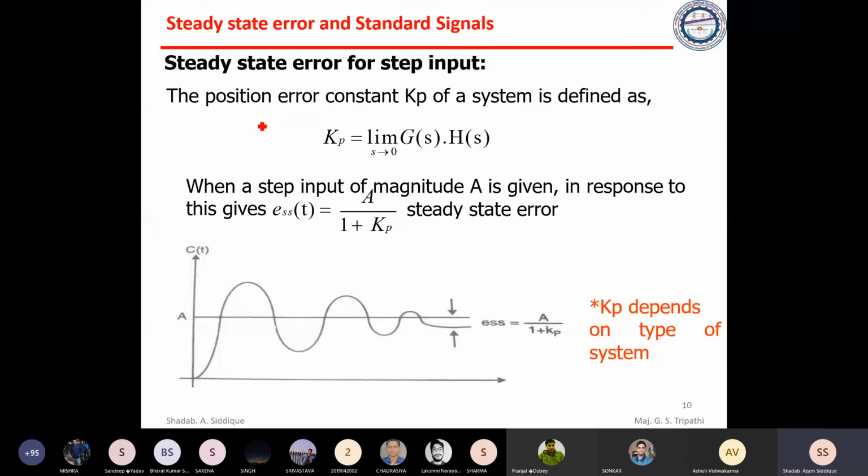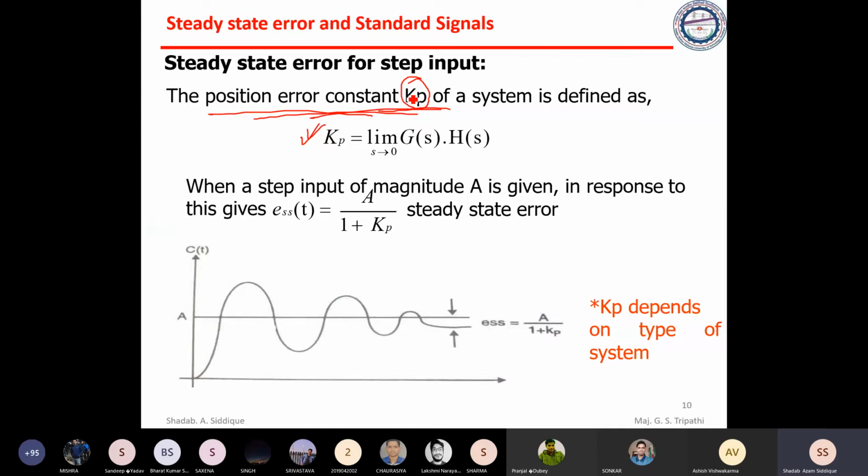So KP is called the position error constant. If you are asked to find only the position error constant, then you should find the KP only. You just remember the name, position error constant, KP. Next we will see KV, then KA. We will get to know all this terminology. There is no need to just go through rote memorization, okay? Just try to see how we can find these and how this terminology is named.